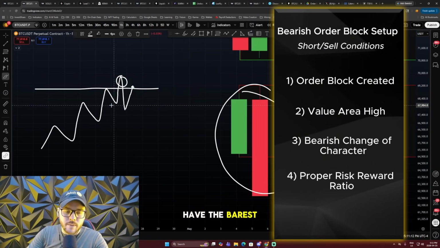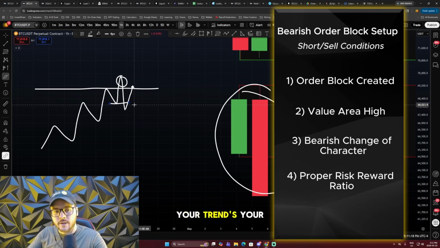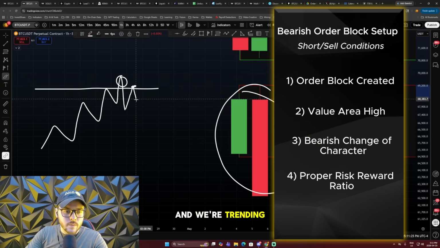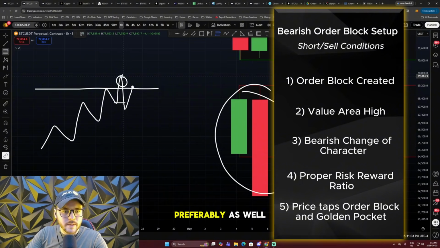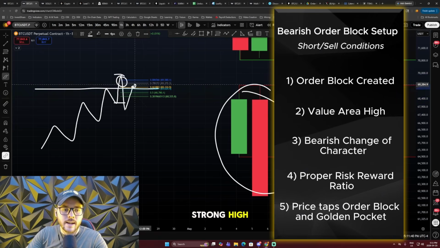Because we already had the bearish change of character. We've already flipped, or the trend has already started to go the opposite direction, right? Your trend's your friend till the end, and this is the point where the trend begins. And we're beginning to trend to the downside at that point. So we flip bearish, got the change of character out of value area high, hitting an order block, preferably as well with Fibonacci confluence, maybe a golden pocket 0.786 area. You can limit order in, stop loss at the strong high, watching the unclaimed low along the way,